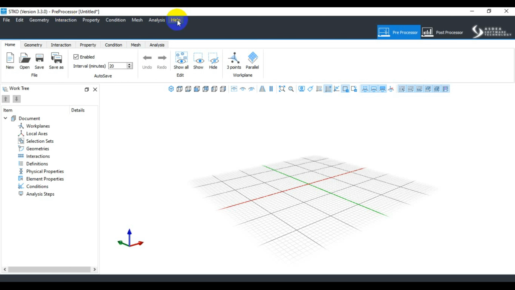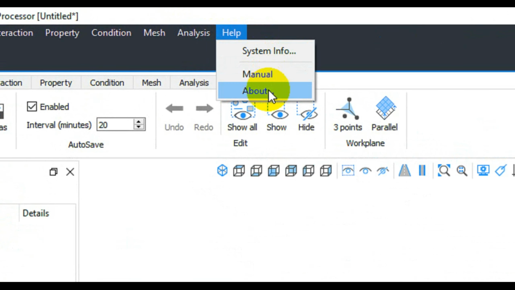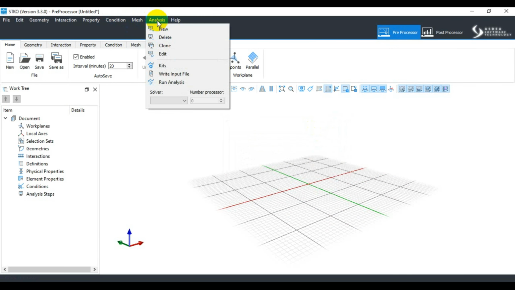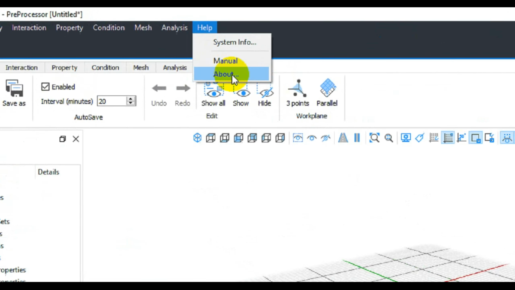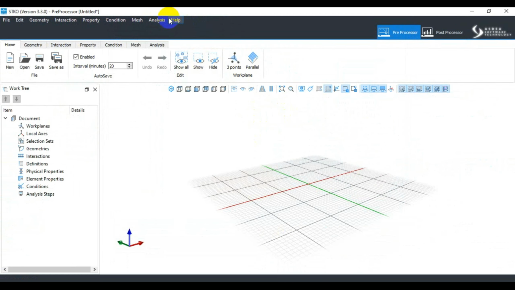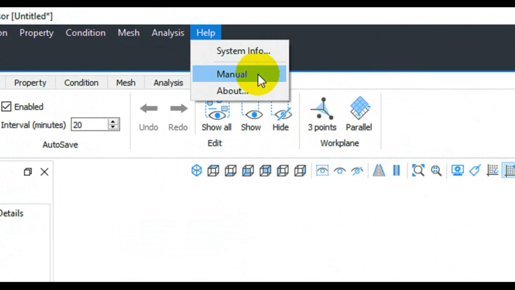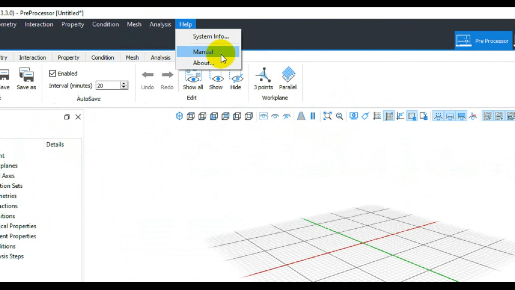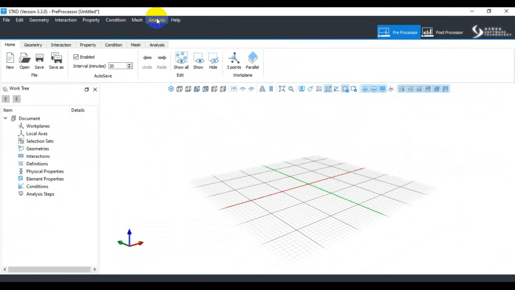Other than that, if you need any kind of help, the help menu will be available here. If you want to know more about the software's further requirements, you can study that, and this is their logo. And if you want to access the manual, you can access it here in your free time. The system requirement is important, and after that, I'll further discuss the remaining aspects of this software